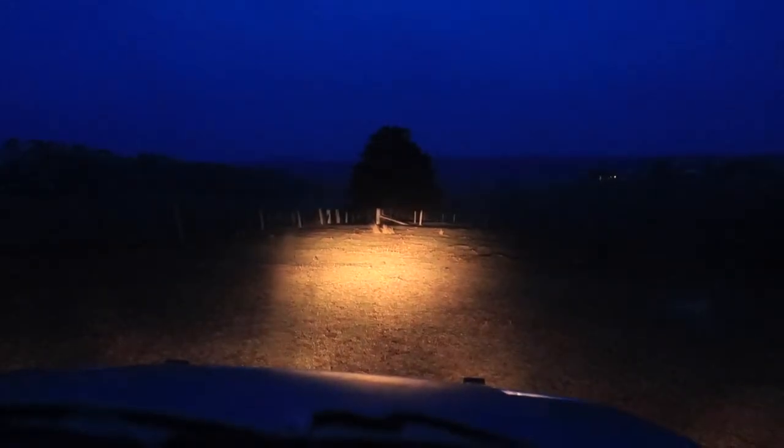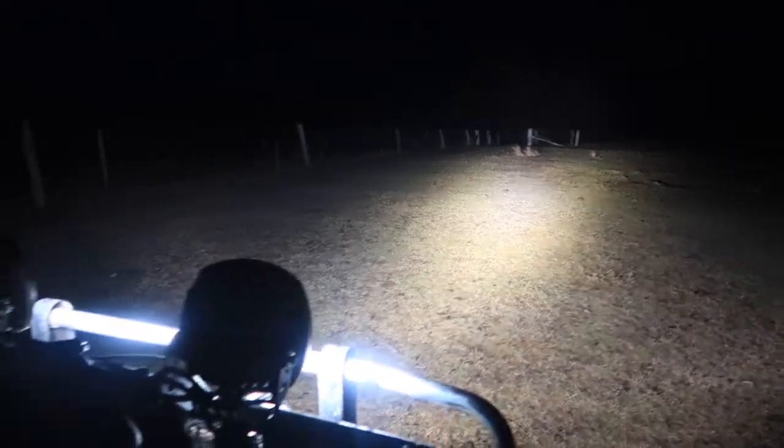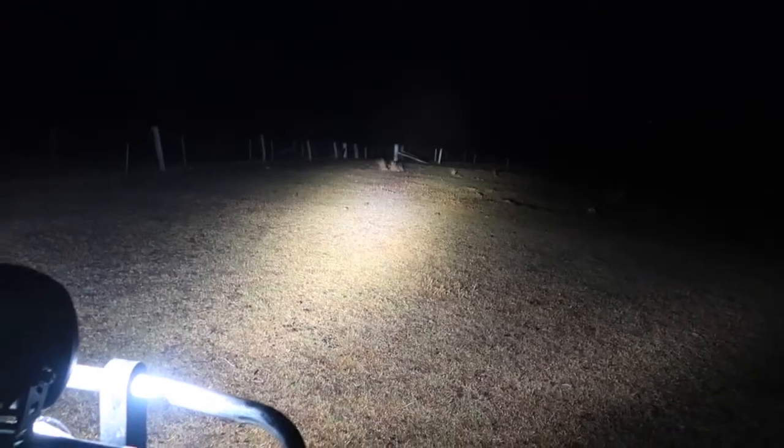Alright, so I've got a night test here, just to see how the lights are. So that is the first kind of like fog lights. That is low beams, which is pretty good. There's high beams. Okay, here's low beams with those rock lights pointing out the side. And there's high beams with that. So this is pitch black: low beams, high beams, rock lights, and then if I can find the switch, illuminators. And that's not even set up, they're just sitting there. So you can imagine what the light